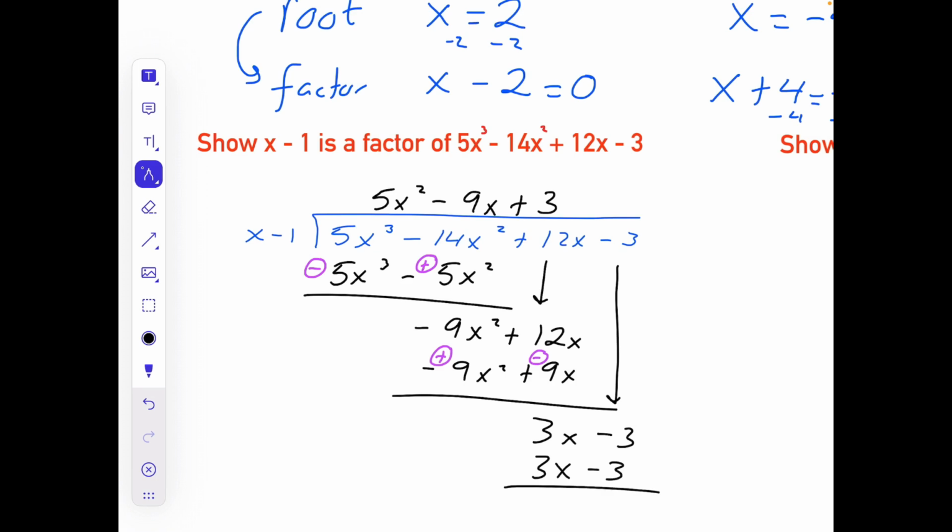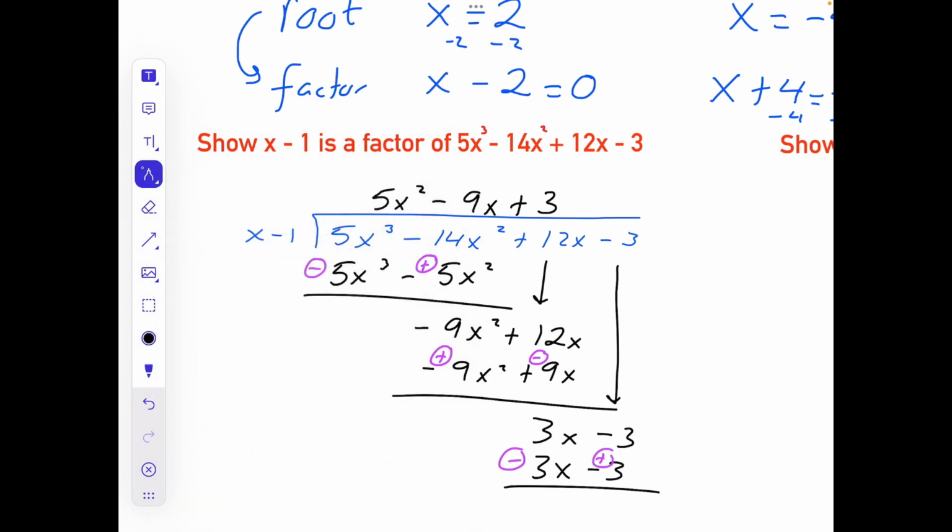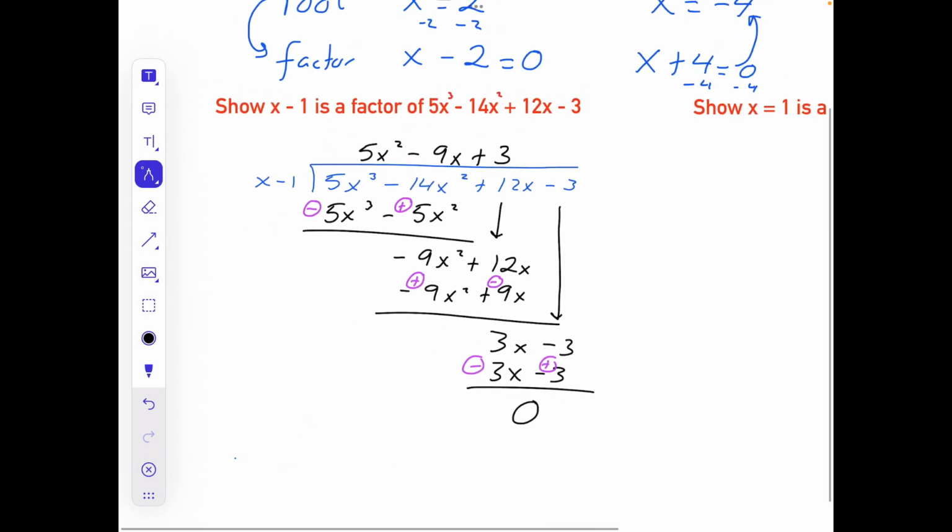And then 3 multiplied by x will give me 3x. 3 multiplied by minus 1 will give me minus 3. Draw your line, change your signs. We end up with 0 at the bottom because they'll cancel each other out. And that is it. So we have actually shown that x minus 1 is a factor. So if we just want to explain why, as the remainder is 0,